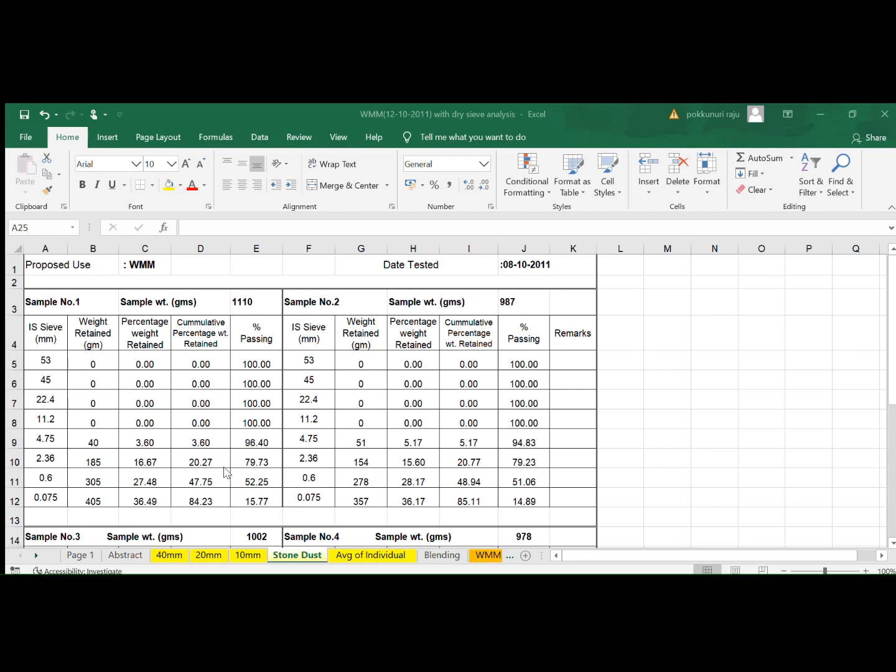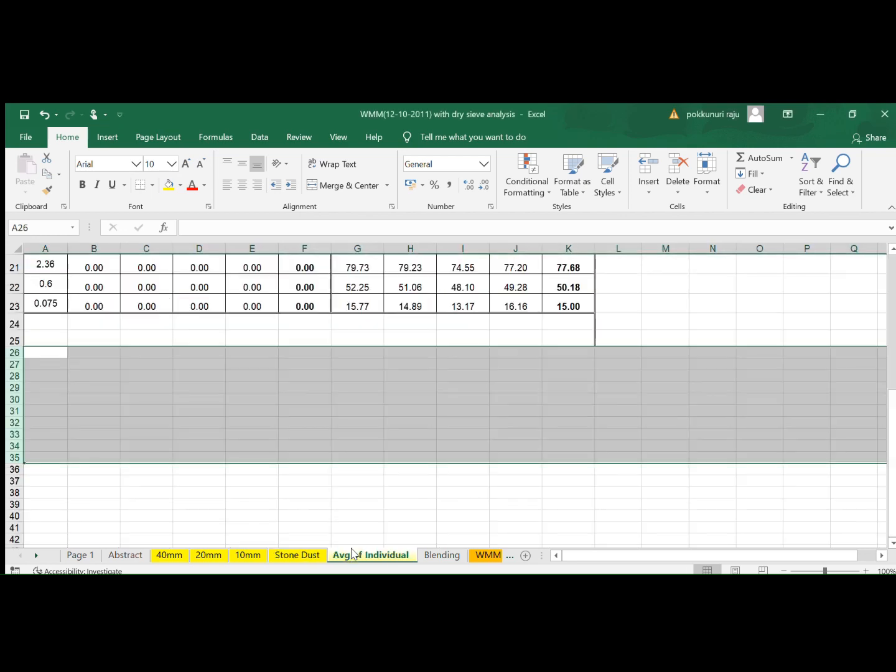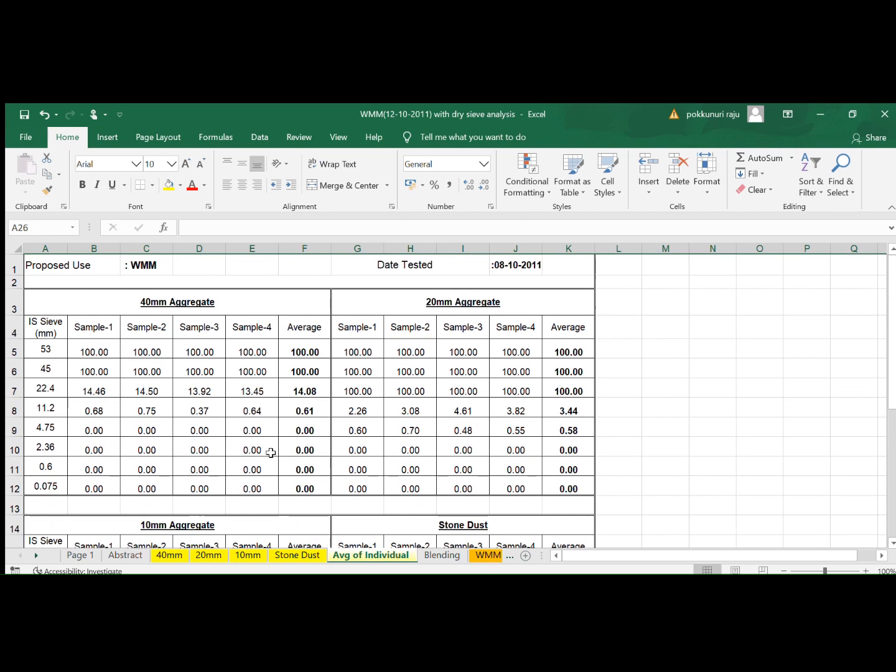Once we do the individual grading, we collect the average grading of each type of aggregate. For example, for 40 mm aggregate, the set of sieves are the same: 53 mm passing, 45 mm passing, 22.4 passing, 11.2 mm passing, 4.75 mm passing, 2.36 mm passing, 600 microns and then the 75 micron passing.